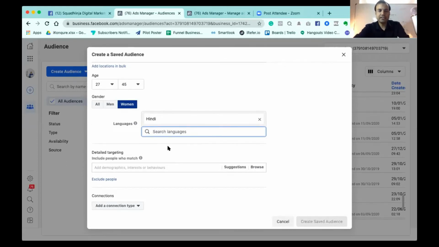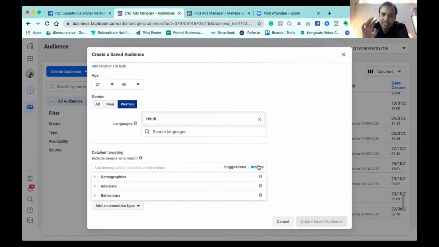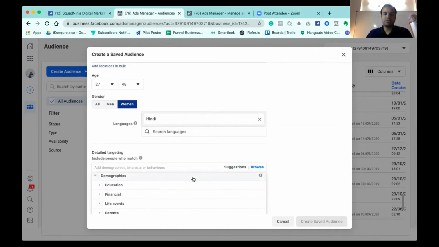Now the next thing is detailed targeting, and this is one of the core parts of your core audiences. What you are going to do here is click on browse. You will get three categories: demographic, interest, and behavior. You can click on demographic and let's talk about education.